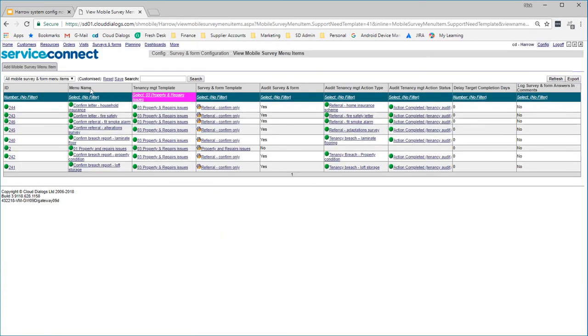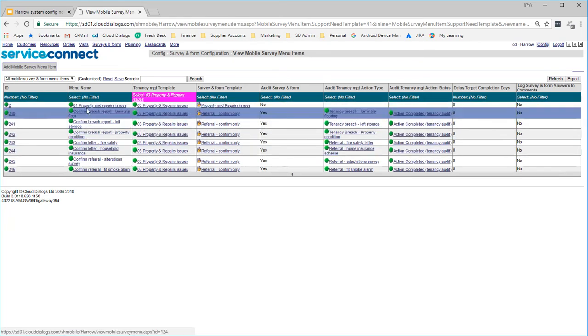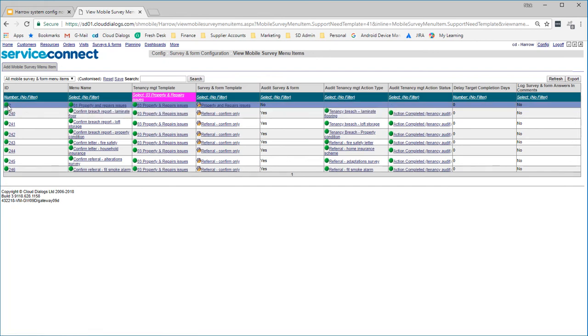We'll just quickly filter this. Then if I sort here, that's going to give me the same view that I've got on the tablet. So my top item on the tablet is going to be the main form. So in this case here, this entry here,